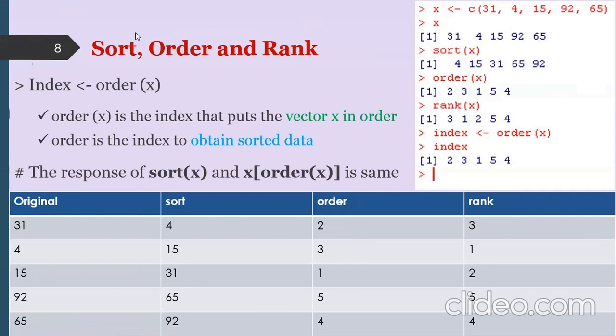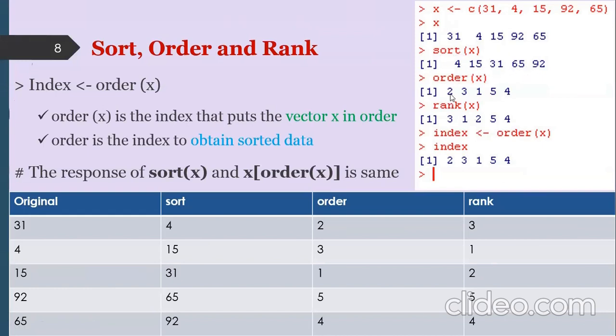सर इसमें हमने जो अपना डाटा था उसको पहले क्रिएट किया, उसके बाद उसको सॉर्ट, ऑर्डर और रैंक में डिवाइड किया। सबसे पहले हमने अपना डाटा एक्स को क्रिएट किया बाय इनपुटिंग सम नंबर 31 4 15 92 65। उसके बाद आर स्टूडियो में हमारा डाटा क्रिएट हो गया। उसके बाद हमने सॉर्ट की कमांड दी, उसने उस डाटा को सॉर्ट कर दिया अकॉर्डिंग टू असेंडिंग ऑर्डर, यानी 4 15 31 65 एंड 92।